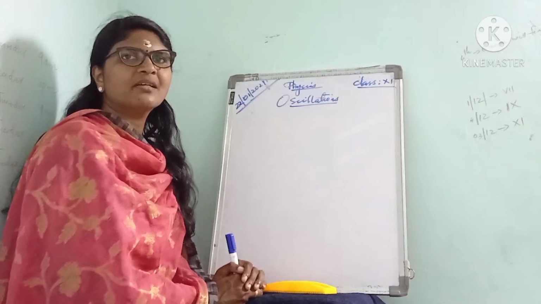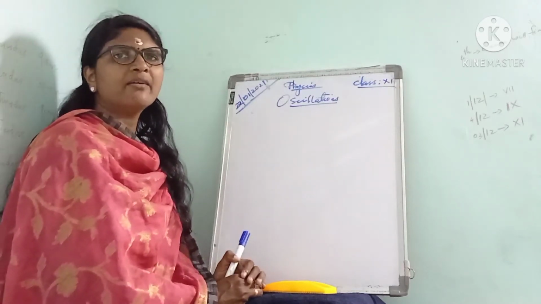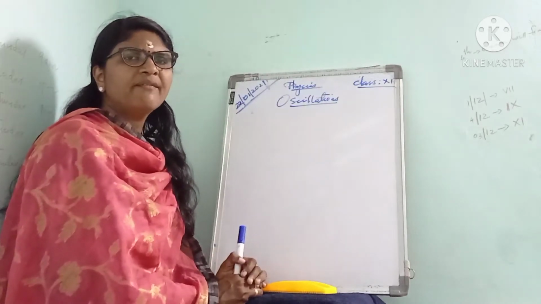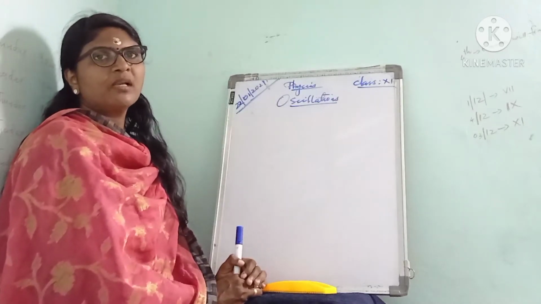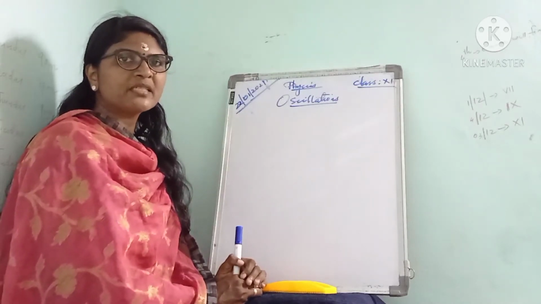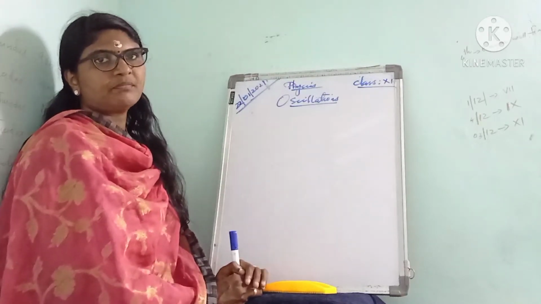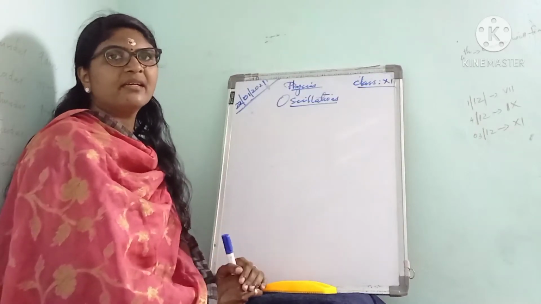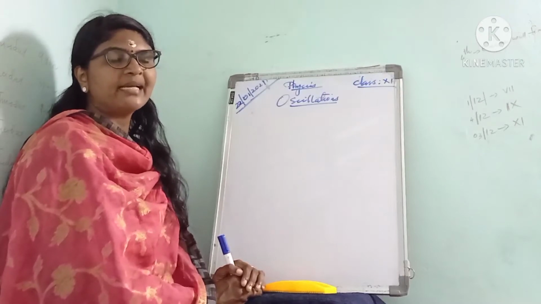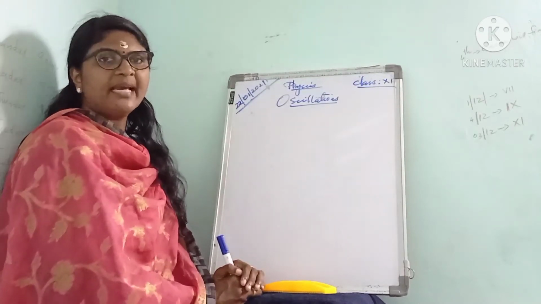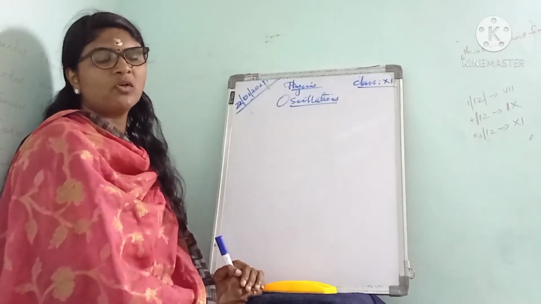Okay, last class we discussed simple harmonic motion and learned the expression for the velocity of a particle which executes simple harmonic motion. Also, there are expressions for velocity at the mean position and at the extreme position, isn't it? Next, we can find an expression for the acceleration of a particle that executes simple harmonic motion.